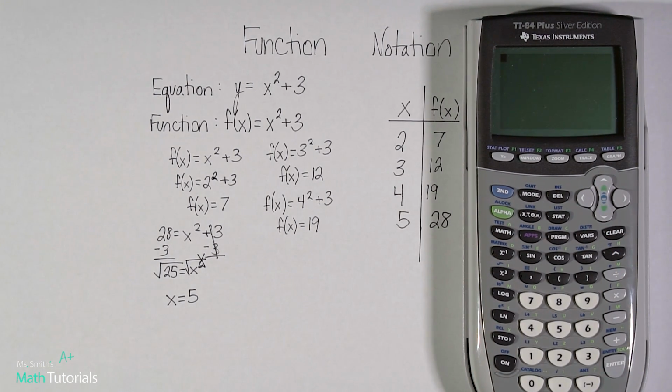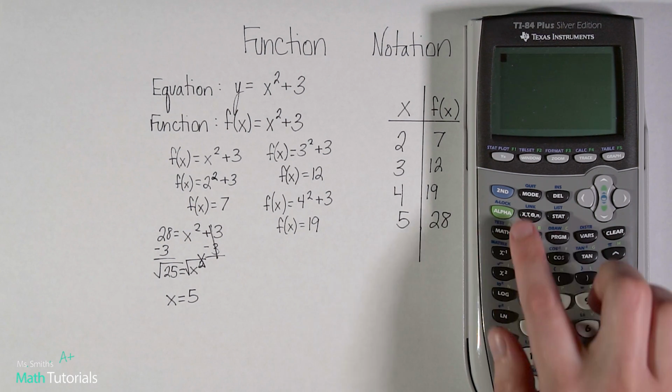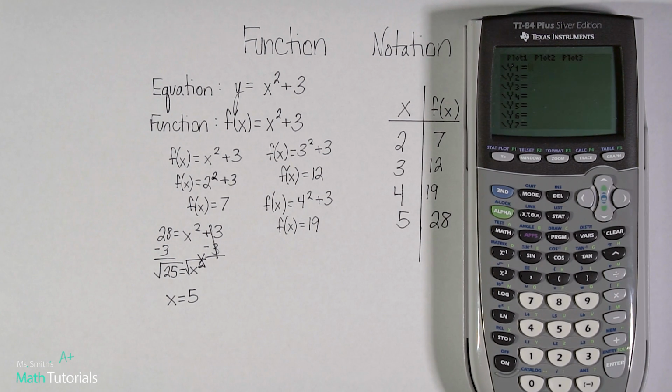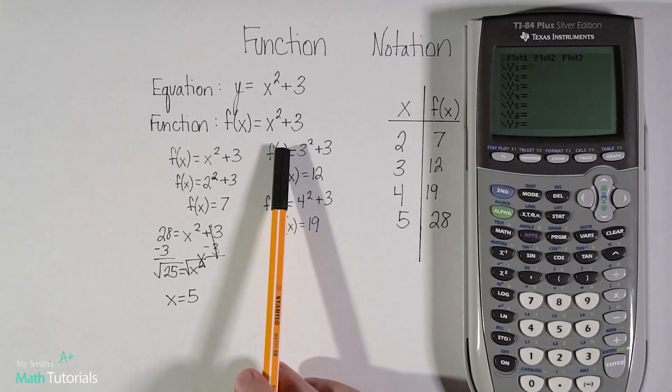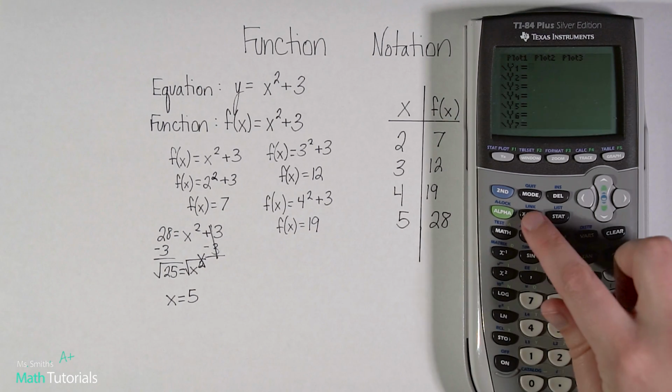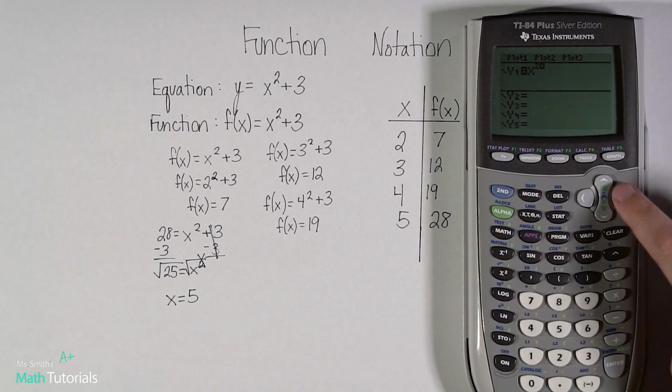Cut your calculator on, and go to that y equals function. We went here at the end of last unit when we were doing systems of equations, so it's that same place. Type in the equation given, so x squared plus 3. We'd use our x button, squared,